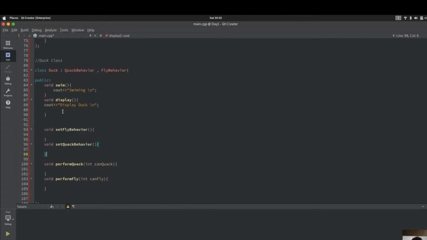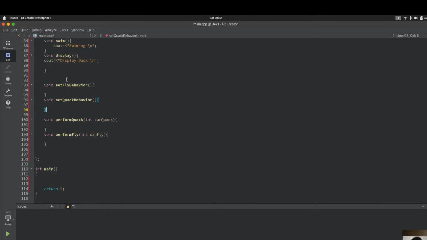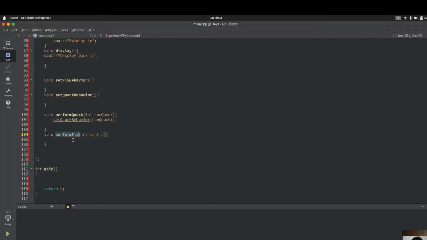Top of the perform quack. Okay, so we can easily understand what is going on there. When I call perform quack with the can quack parameter, it will call the set quack behavior with can quack. And if I call the perform fly method from outside the class, it will call the set fly behavior,